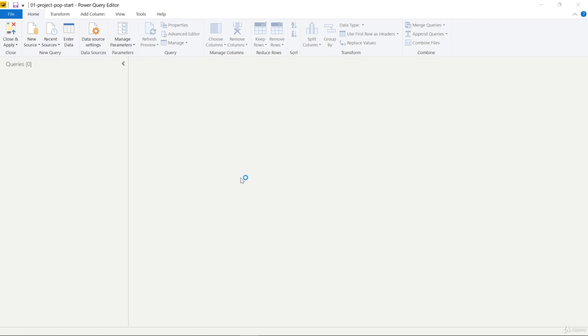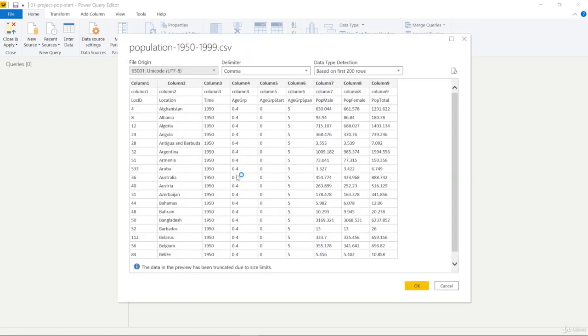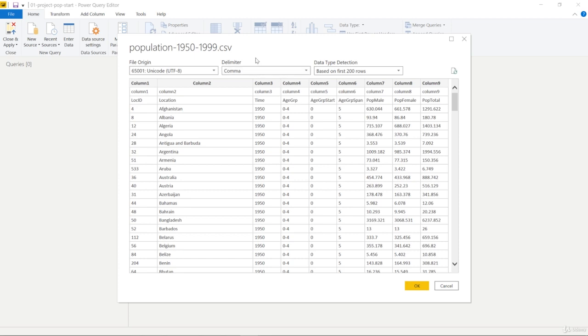Now press Open. And now we get a preview of the data that we want to connect Power BI Desktop to. You can specify two things here actually. The first thing here is the delimiter. The delimiter is responsible to tell Power BI Desktop how the different columns here, so column 1, column 2, and